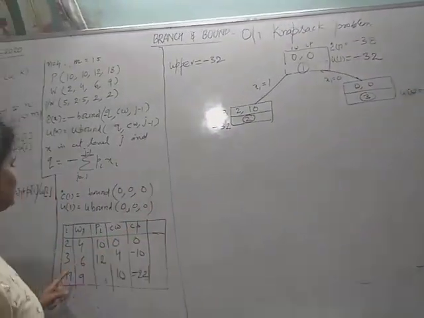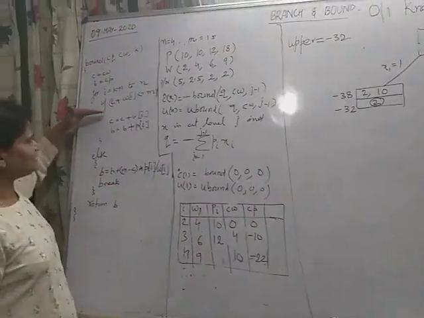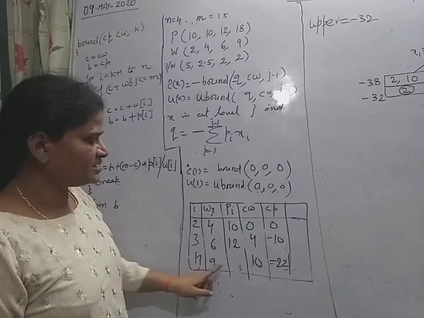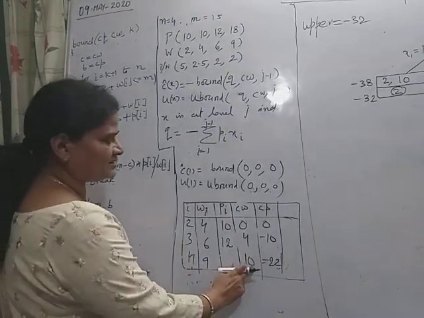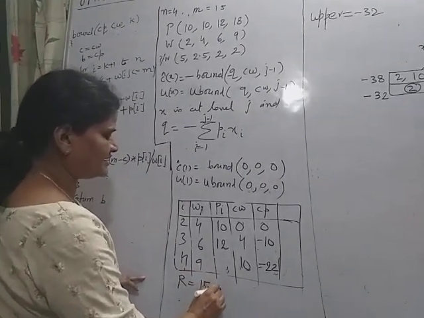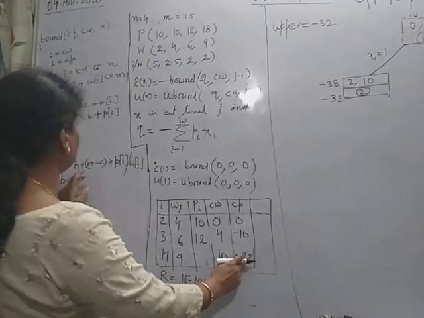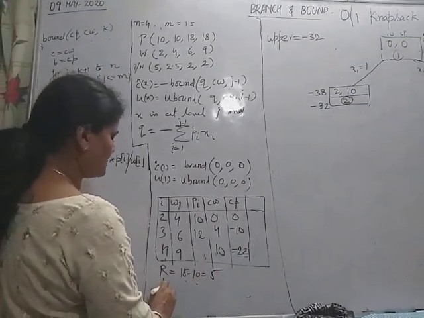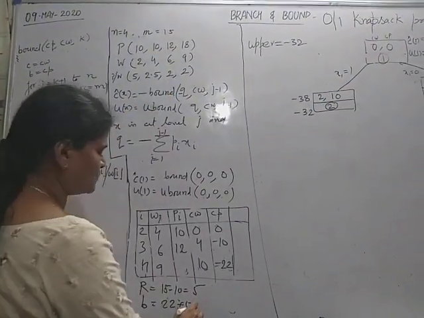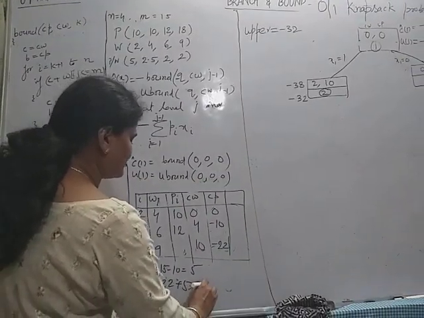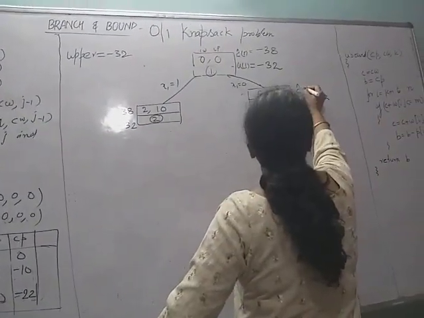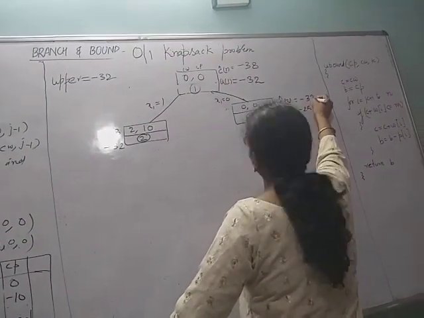Now see what about C3. Here C3 is the same, but now the last object, the fourth object, does not fit into the knapsack. So I will take a fraction of it. How much? The remaining capacity of the knapsack, R, is 15 minus 10, that is 5. And the profit is till now 22. So B equal to 22 plus M minus C, that is 5, into Pi upon Wi, that is 2. 5 into 2 is 10. So simply 32. So here C3 equal to minus 32. Okay.